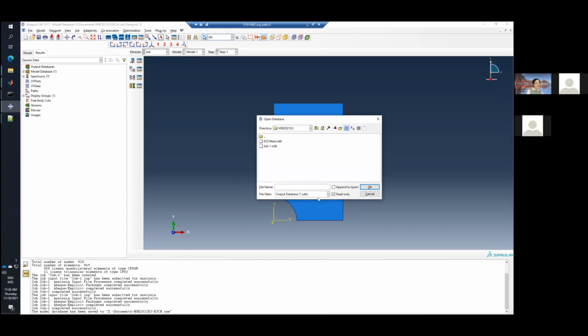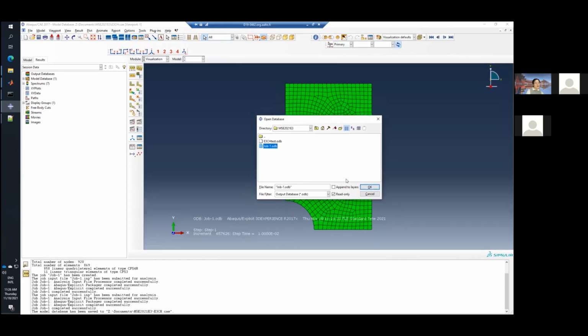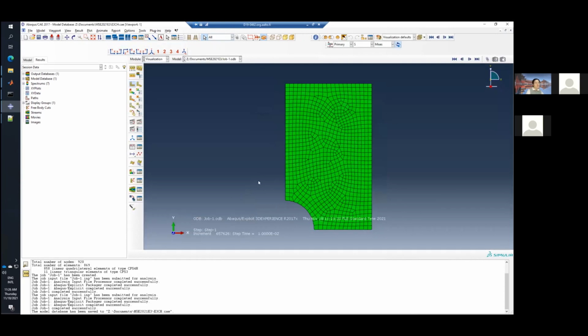Then you select this ODB, and we did not rename our job. So the default name for the job is Job-1. So this Job-1.odb is your result file, your result database. Then you select this Job-1 ODB, click OK. Now you see a new result model shows in your viewport, and it has already changed to this result part. And this is the initial state